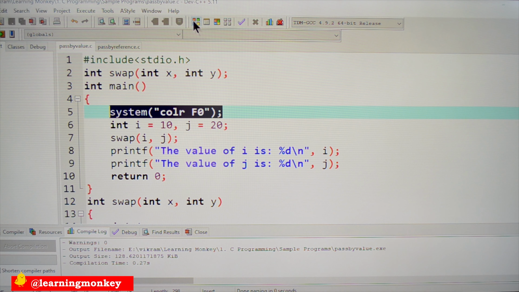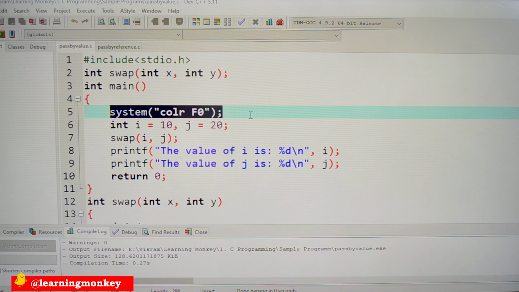Next, let's compile this. No warnings and no errors. Execute this. Okay, see here. Compile this program. Now execute this. Here the value of i is 10 and the value of j is 20.